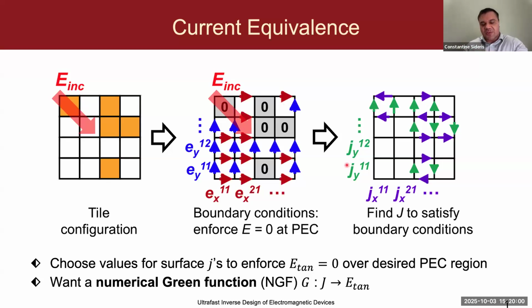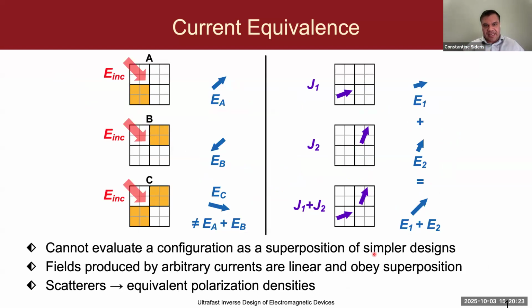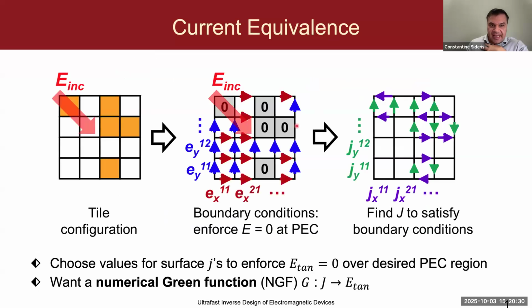And so essentially what this results in is a linear system of equations where our unknowns are these current densities that are located wherever we have pieces of metal. And our right-hand side is minus the incident field. And then the matrix itself corresponds to the solutions mapping that we've pre-computed with these simulations that I mentioned, which map each of these components of the current density to the total scattered electric field over the surface.